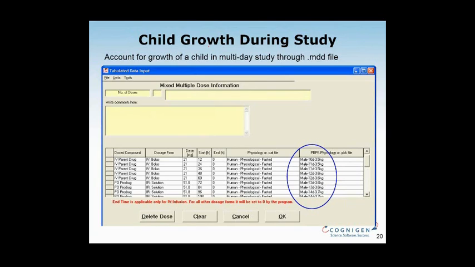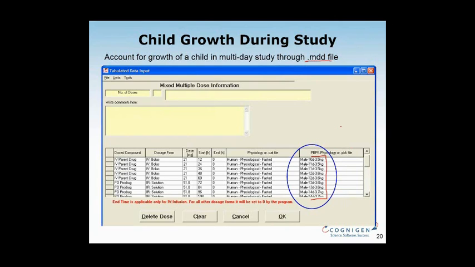But if you are dealing with neonates and infants and you are looking at a longer-term study, maybe a 5-10 day study, it does make a difference. The 10 days old baby will be very different from your 15 days old baby. So this is something that you may need to account for in your study design. And it's something that you can do through our mixed multiple doses functionality, where you can define the exact growth of the child